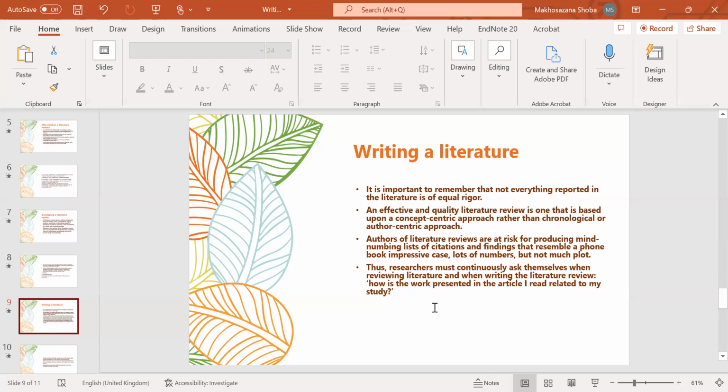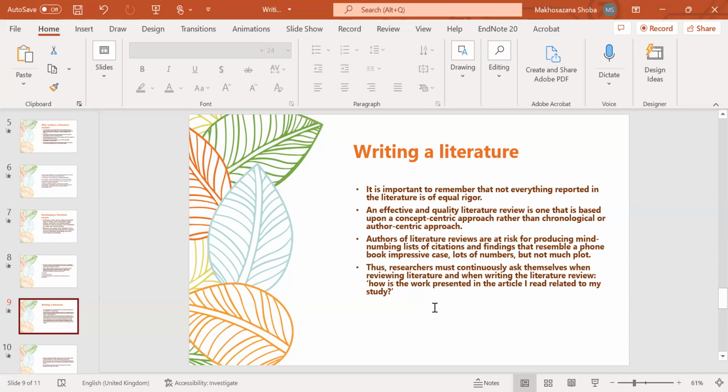You therefore need to look for, okay, what are the methodologies for teaching Euclidean geometry? What is the performance of learners in Euclidean geometry? In order to adopt and use an approach referred to as concept-centric, do not be mesmerized by an author per se, but rather look for key concepts so that you can develop a theory in your field, right?